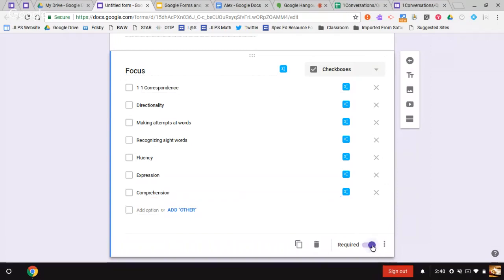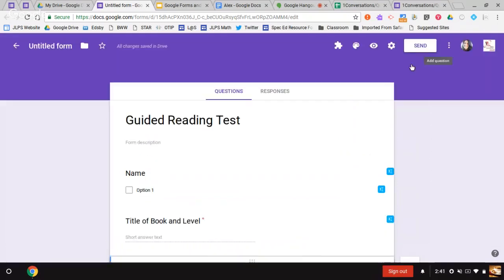If I'm working on it and I decide I don't want this question anymore, I can simply click the trash can, which would delete the question, or this kind of two-page icon, which means I would duplicate the question. Again, I'm going to add one more question. I'm going to make it,